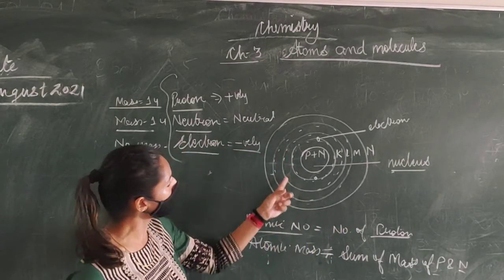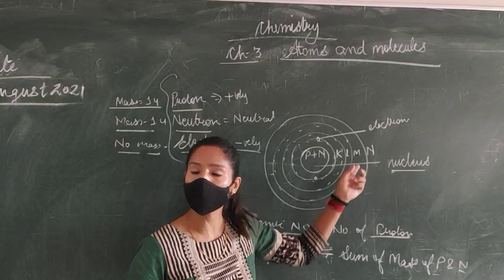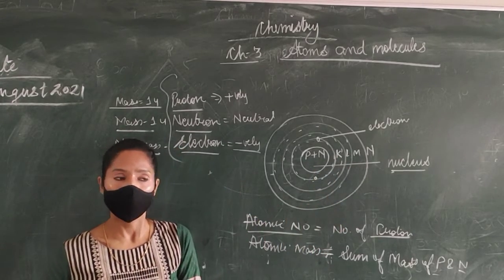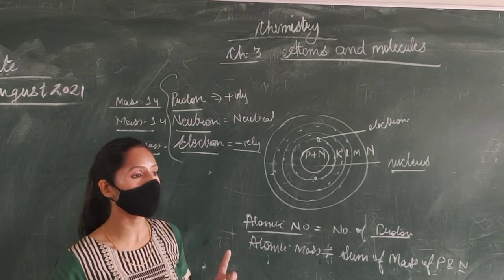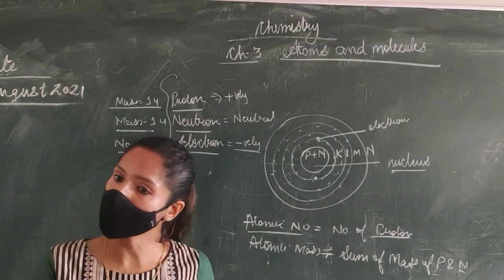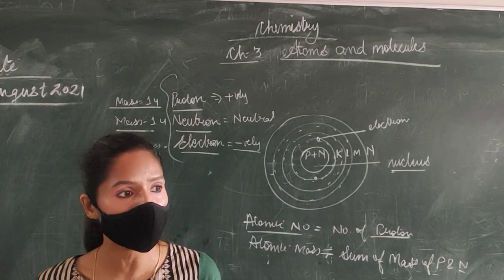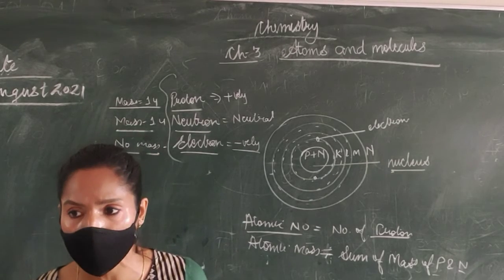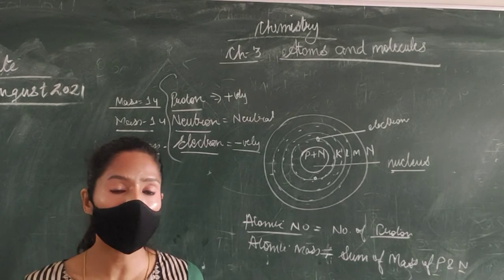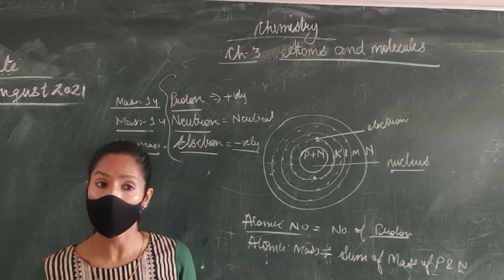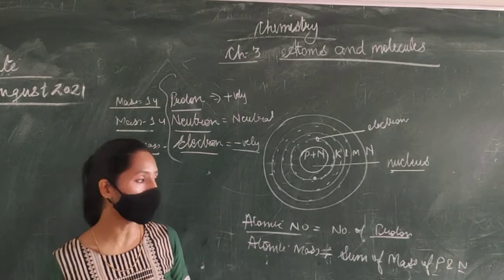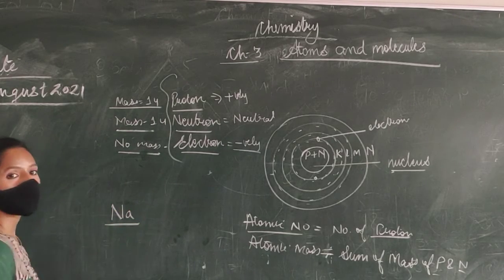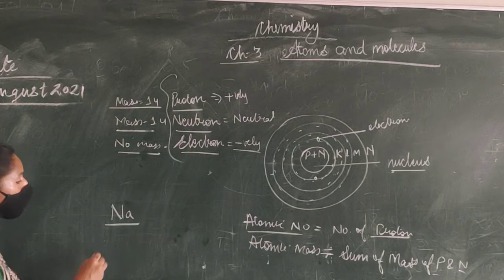Now these electrons will always move around these energy shells or orbits, and they are highly unstable. Why are they unstable? Because we have read about metals and non-metals in the previous chapter. Metals usually donate electrons, and non-metals usually accept electrons. Why do they do that? Take an example of sodium. The atomic number of sodium is 11.